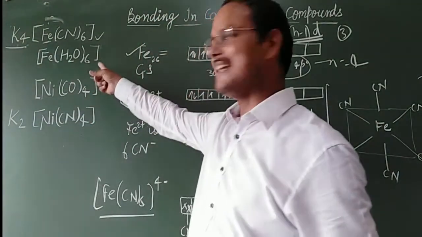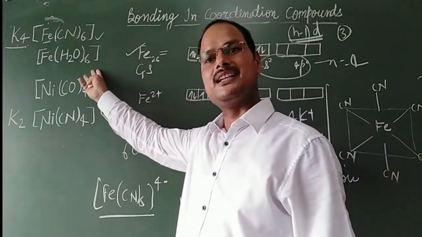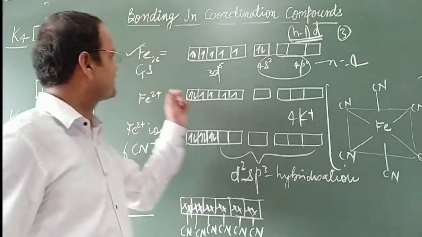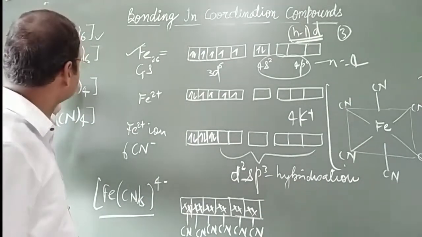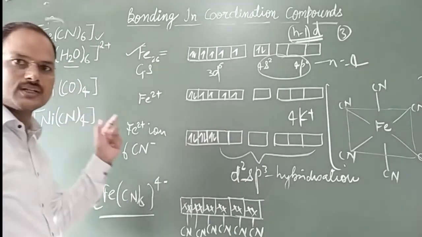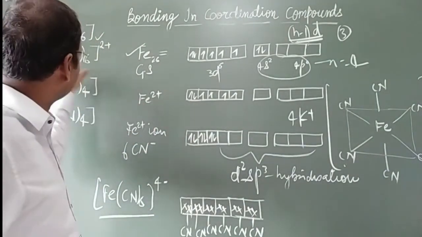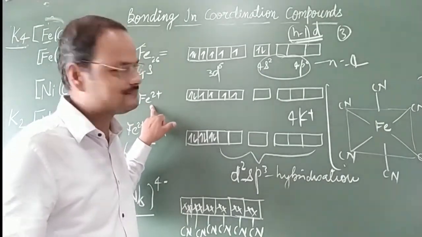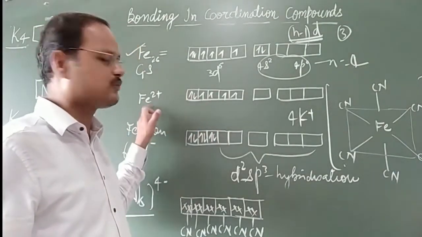Now after this, come to the next part. Second, with the help of this description, it can be explained easily. No need to explain it once again. See, here in this case, again you can see this is the iron, Fe2 positive. Fe2 positive will be here, it means these reagents are neutral, overall charge on this iron will be 2 positive. It means iron again will be in this compound in Fe2 positive ion. So this will be the electronic configuration for Fe2 positive.